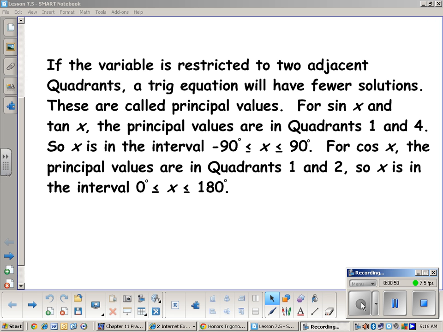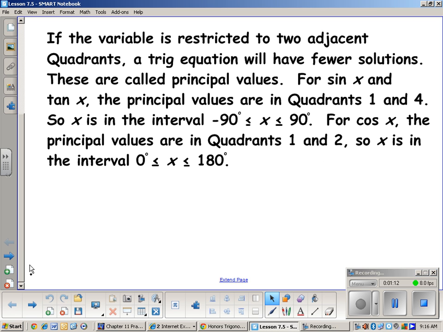We've talked about restricting the domains before. And we talked about tangent and sine and cosine. Remember, I had tangent mixed up. It's quadrants 1 and 4. Originally, when I said it, I said 1 and 2. So it's the same as sine. But anyway, what we're talking about when we do that is they're all